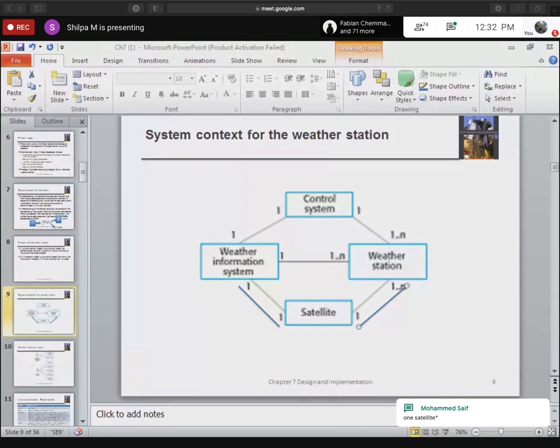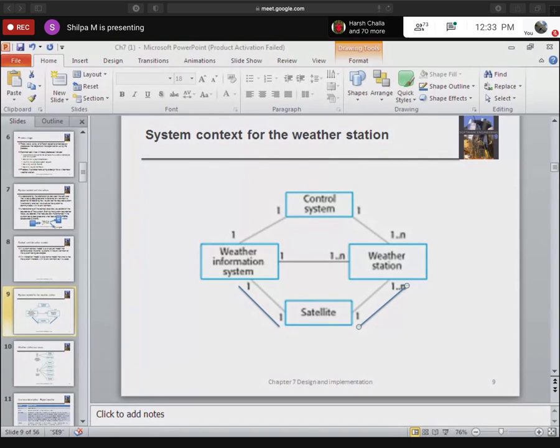Thanks, Saif. That is one satellite, one instance of a satellite, or one satellite can be associated with one or many weather stations. An example: there is one satellite they have put, and there are n number of weather stations, one in north of India, one in east, west and south.